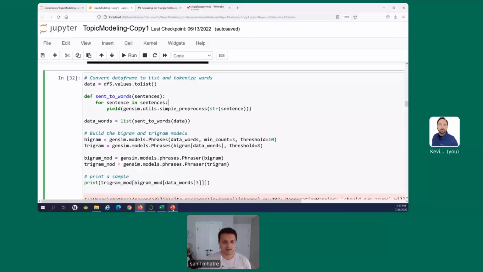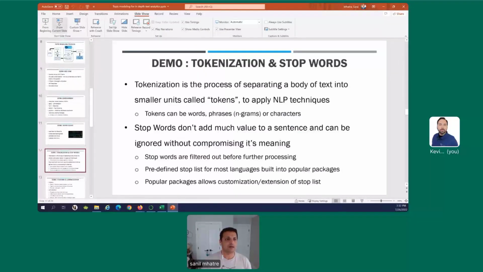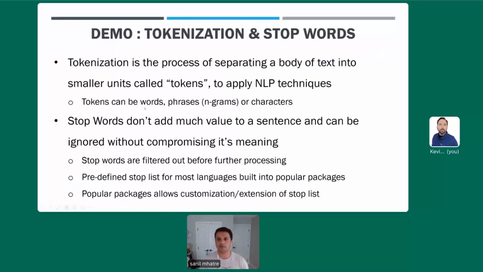All right, let's switch back to our slide deck, and we'll briefly talk about tokenization and stop words, and then we'll look at the code that deals with tokenization and stop words. I'll also probably cover n-grams and lemmatization at the same time, and then we'll go into the demo altogether.